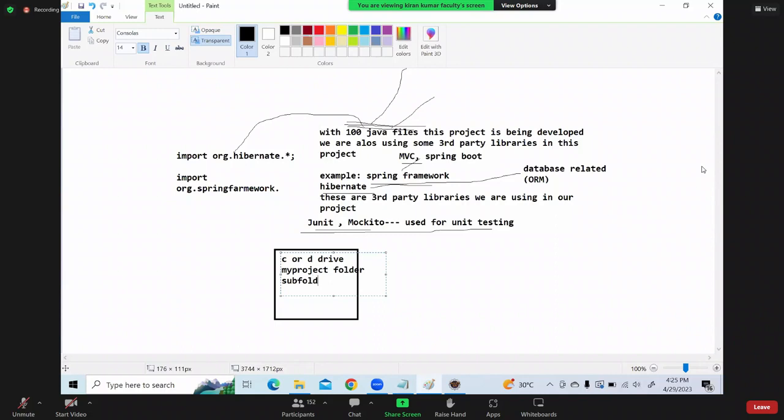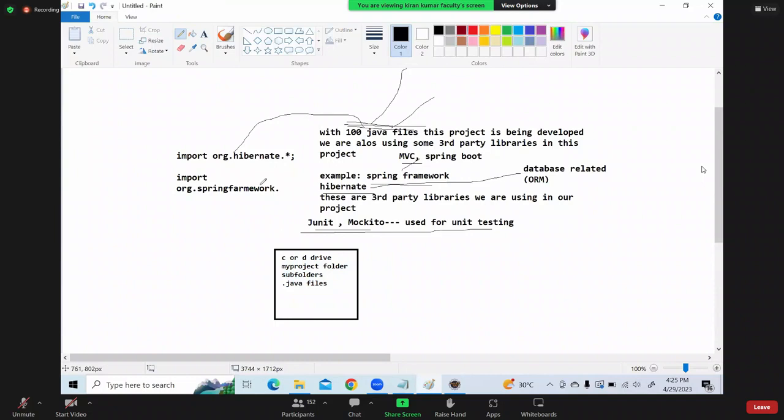Under each subfolder, you will have the .java files, okay? So you have C drive, D drive, under that my project folder, subfolders. Under that you have .java files, okay? Now,